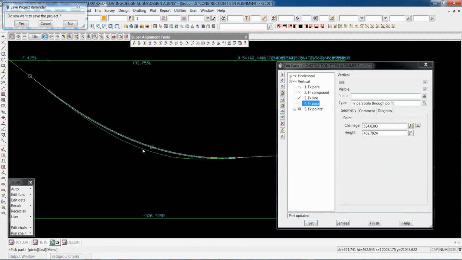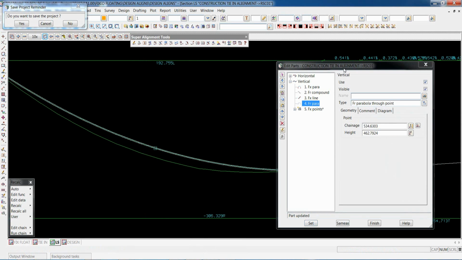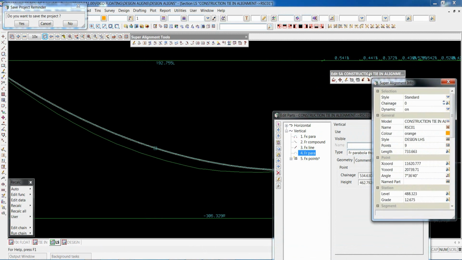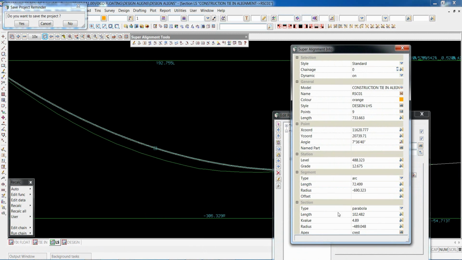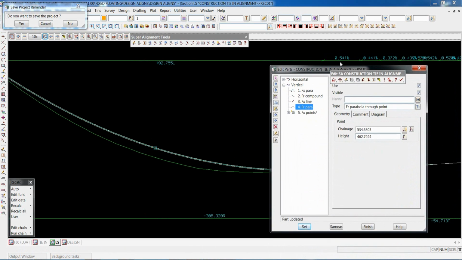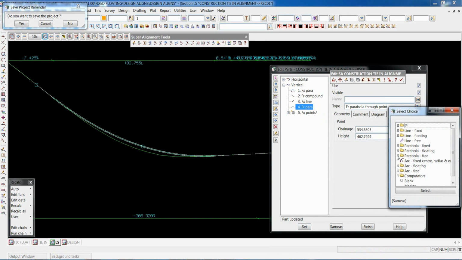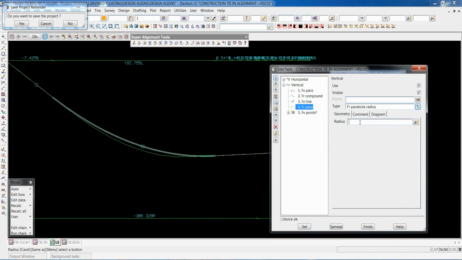So it passes through that point and calculates what the length and radius of that parabola is. There's the information panel here. I can bring up the information panel, go down to the parabola part, hover over here, and you see that the radius is 2419.592. If somebody does want an exact radius for that, as I said before, you've used the point to calculate it. Now you can just go down to parabola, grab radius, and say I want a 2400 radius.